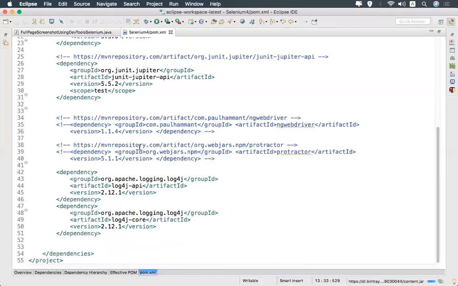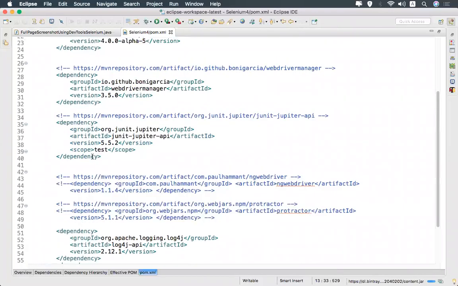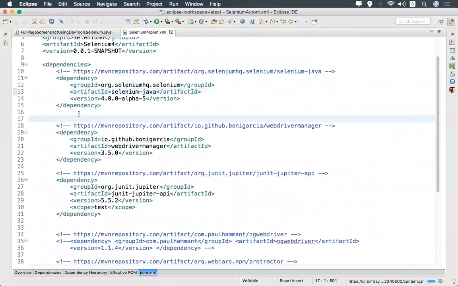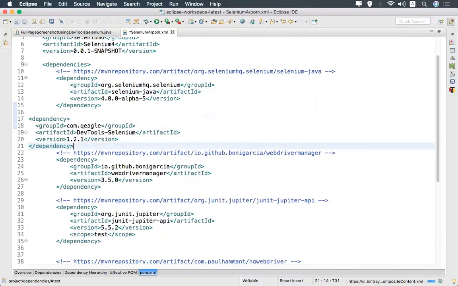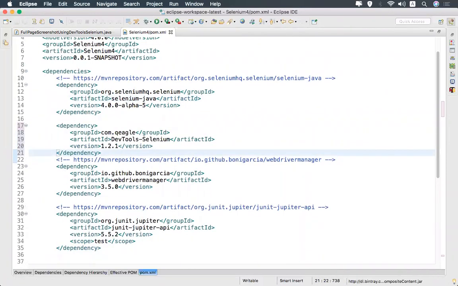I'll add somewhere. So I have added this. It's still downloading the dependencies, so by the time, we'll start writing the code.